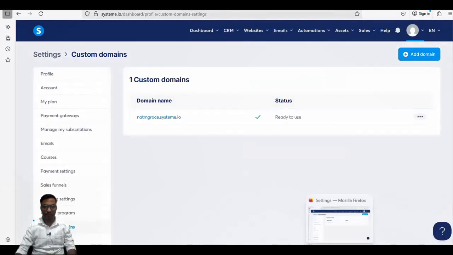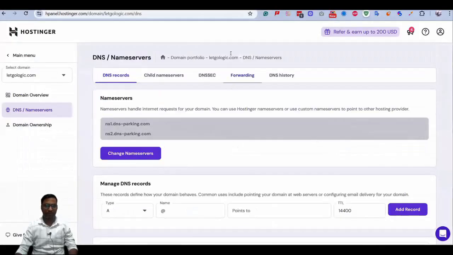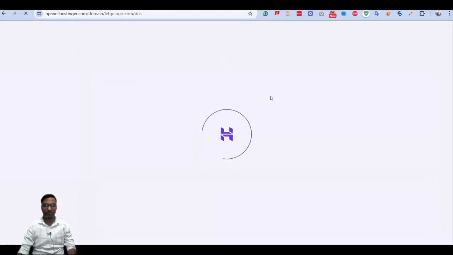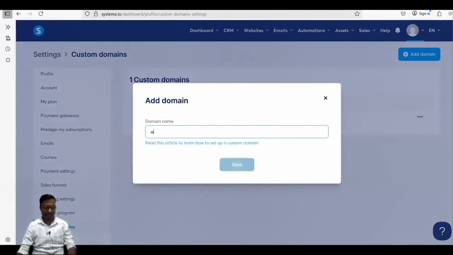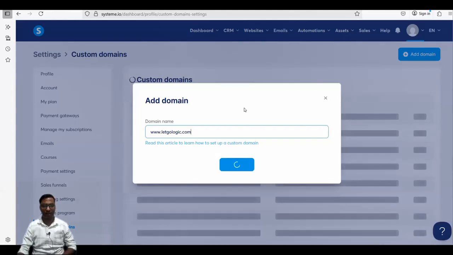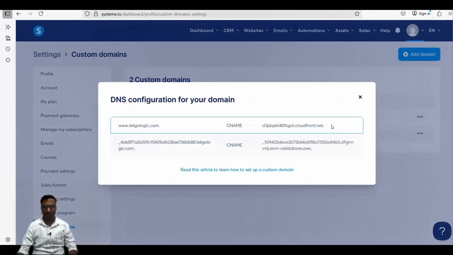We'll move back to our service provider and we'll repeat the process of connecting our domain to system.io. Let's do that. Always add www as a prefix while adding your domain to system.io. And now we have the records. I'm just going to copy the first CNAME record along with www as a name,